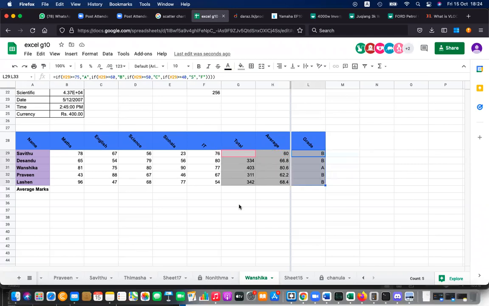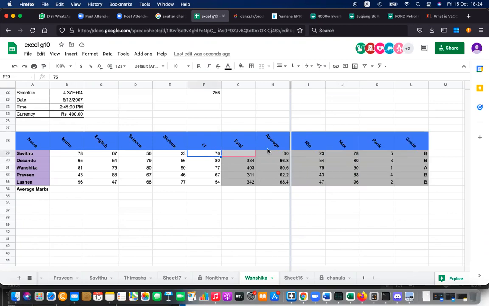Okay, that is the correct way of doing that. Okay, I have given you the example. Please follow the example and do this. I have calculated everything and shown you how to do that. So please do that according to the calculations that we have done. Average, mean, max, rank, grade. Okay, these are the calculations.